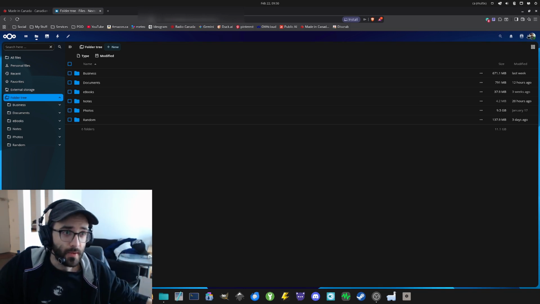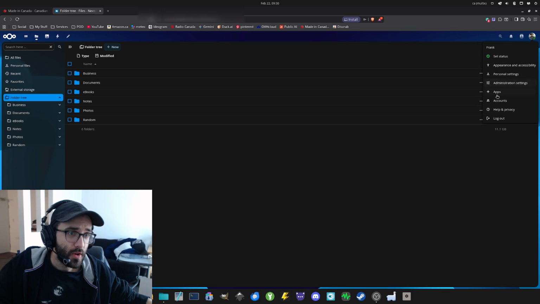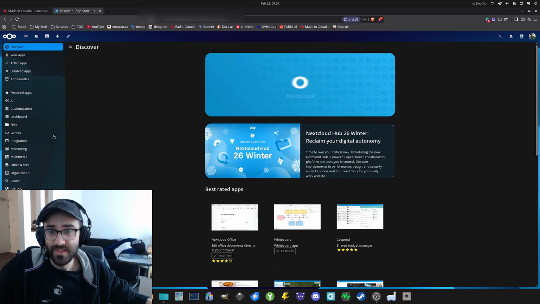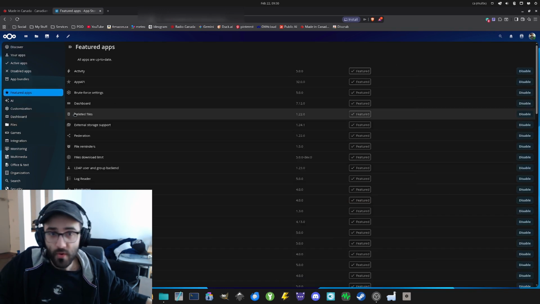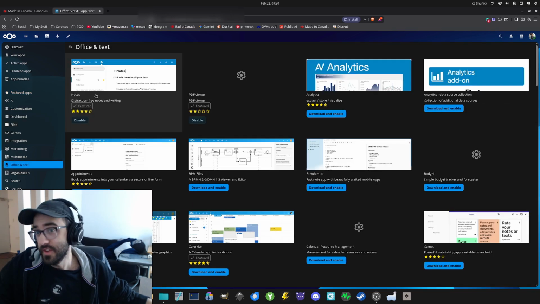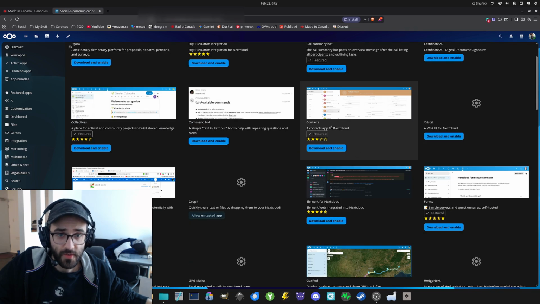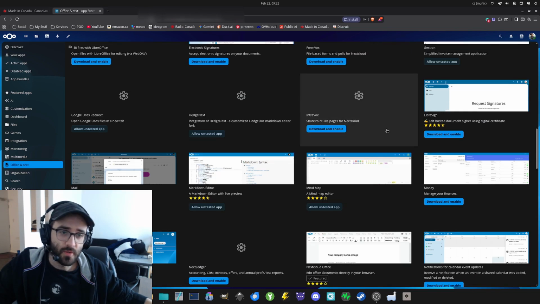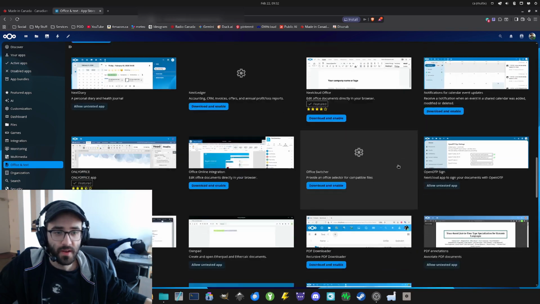For example, here in Nextcloud, you can go and install more of what they call apps. There's some sort of app store, and in here, you can install more features and add-ons that you might have. For example, there's the Notes app that I'm using as well. There's also a contacts application that might be useful. There's also the calendar here that is quite useful. But there are just so many apps that give you more features depending on what you want to do.